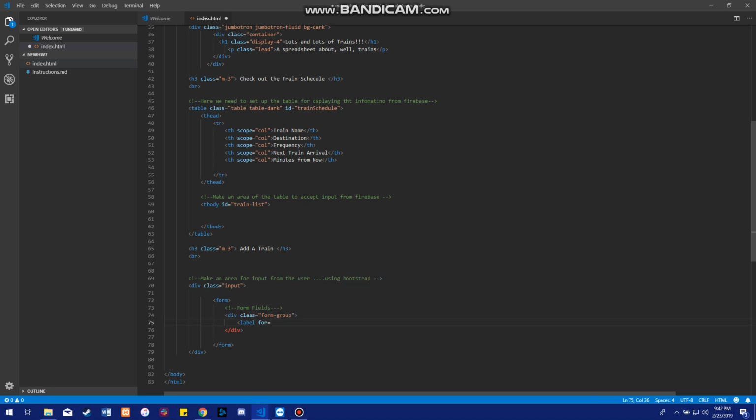So label for equals form group, example input, train name. Okay. Then after the label, we go back down, we put input type equals text, class equals form control,